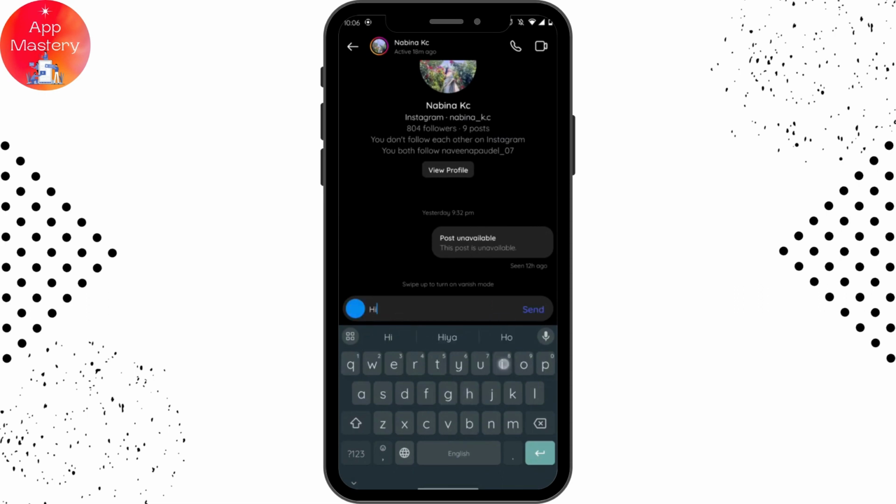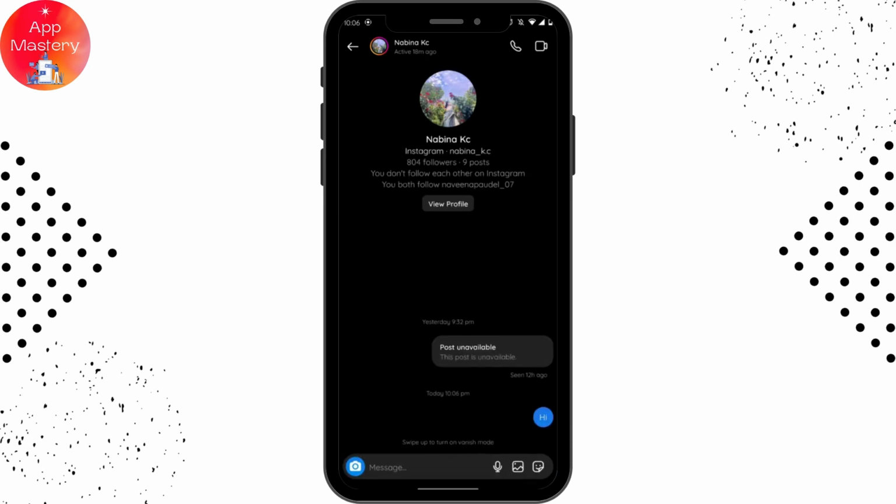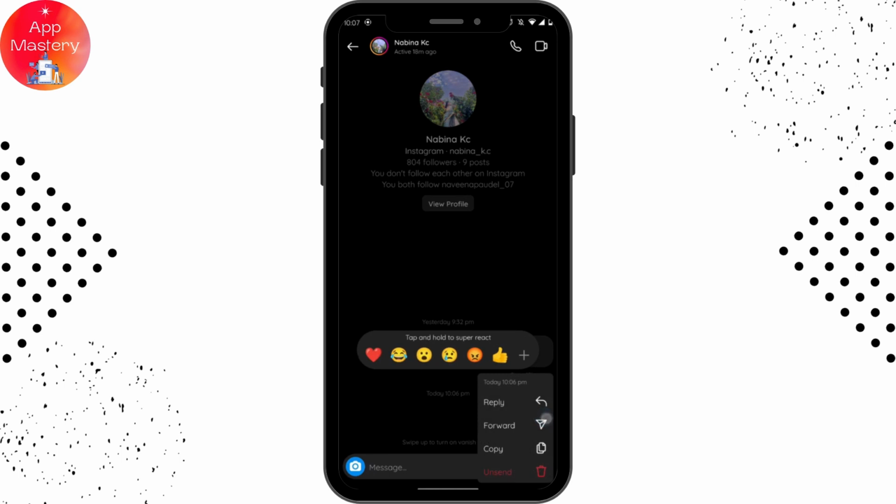And here if you send something, so for example I've sent something, right? So if you want to remove this chat, or if you want to delete this Instagram message from both sides, from your chat and from the other person's chat, then what you can do is simply tap and hold on to that chat for 2 to 3 seconds, and here you will get a bunch of options. So on the last option you will have unsend. Simply tap on unsend,